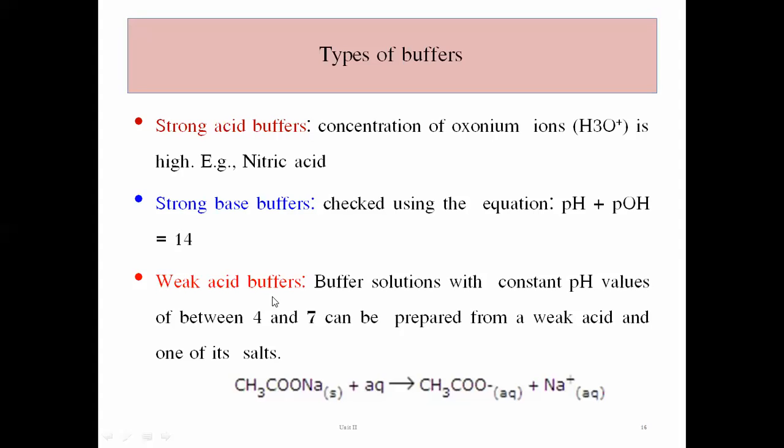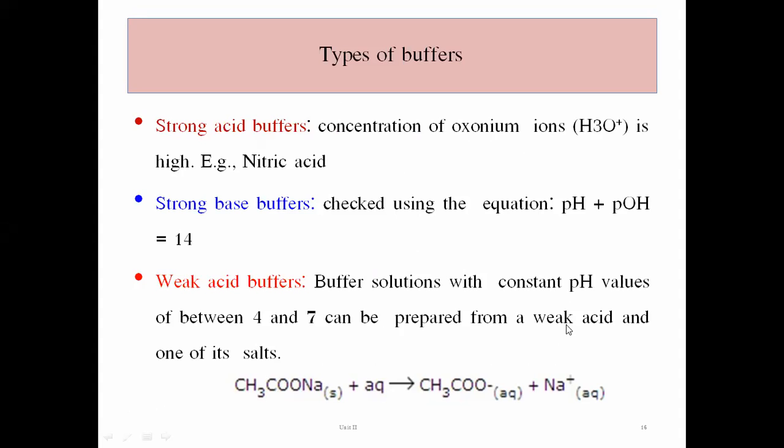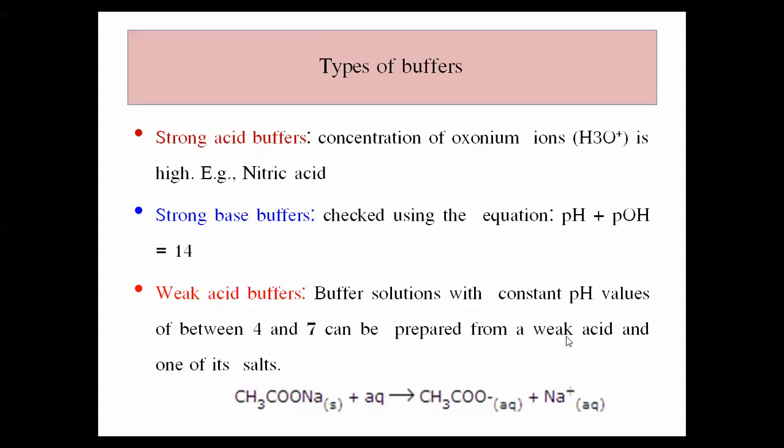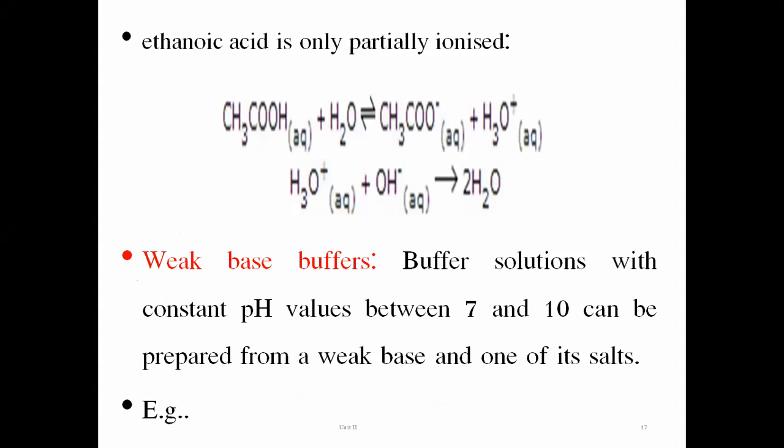When we take a mixture of acetic acid and sodium acetate, this mixture is coming under the category of weak acid buffer. Then weak base buffer. Now what is the speciality with respect to the weak acid buffer? It will have the pH range between 4 to 7. Now the speciality with respect to the weak base buffer, buffer solution with a constant pH value between 7 to 10. So when we require a pH range for the pharmaceutical substance between 4 to 7,